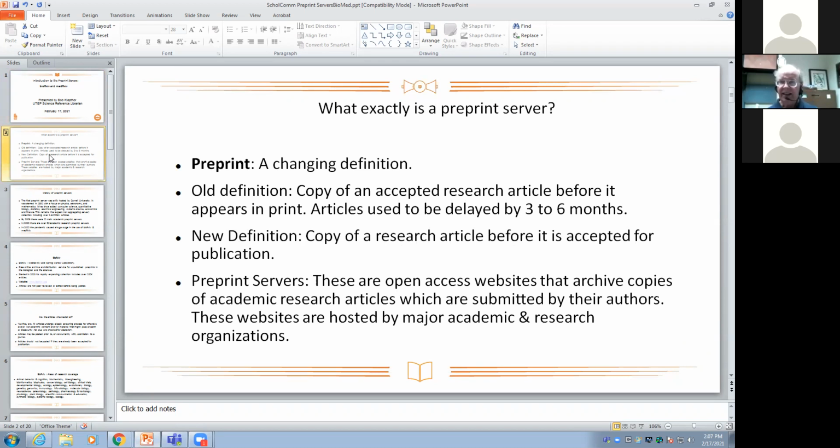Now, what exactly is a preprint server? Preprints actually is a change of definition. The old definition was a copy of an accepted research article before it appeared in print. Articles used to be delayed by 3 to 6 months after they were accepted before they actually appeared in print. So the author would get like 50 copies from the publisher and he would send them around to